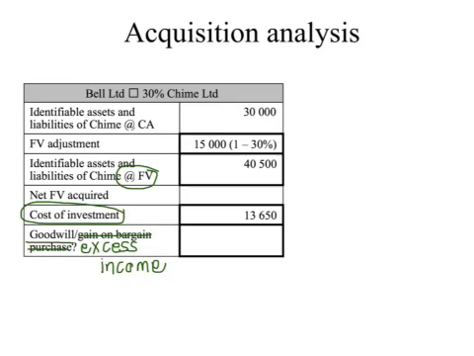So just to give you the background on this question. We've got Bell Limited, who has acquired a 30% interest in Chimes Limited. Chimes Limited is one of their suppliers. It cost them $13,650. That's what they've paid for the investment. And the directors of Bell Limited are of the opinion that they exercise significant